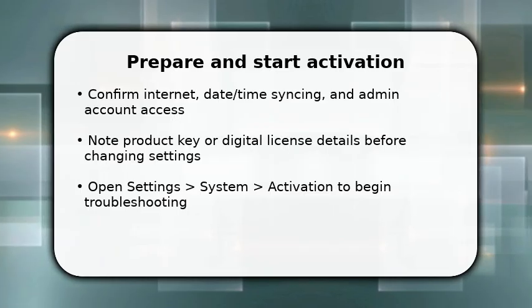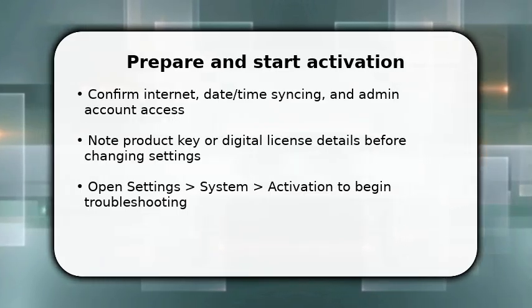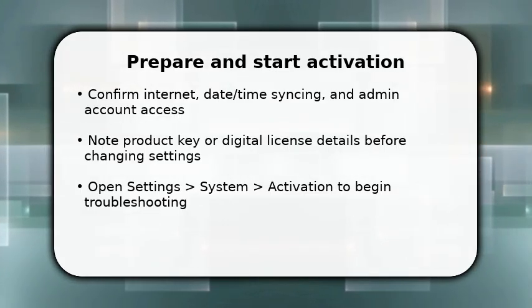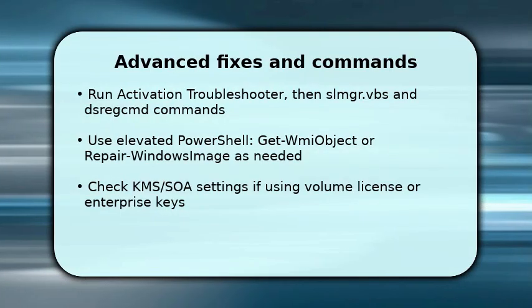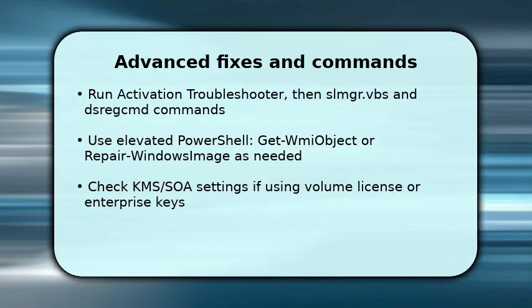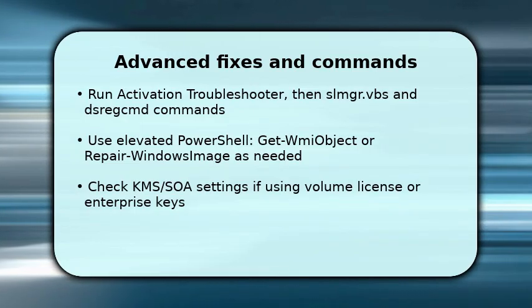Open an admin PowerShell and execute slmgr.vbs /ipk yourkey and slmgr.vbs /ato to trigger online activation. If you see domain or Azure AD issues, run dsregcmd /status and dsregcmd /join. These clarify device registration. For corrupted system components, run